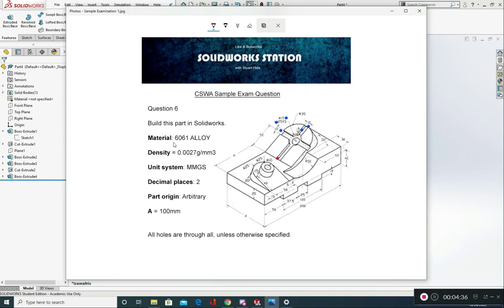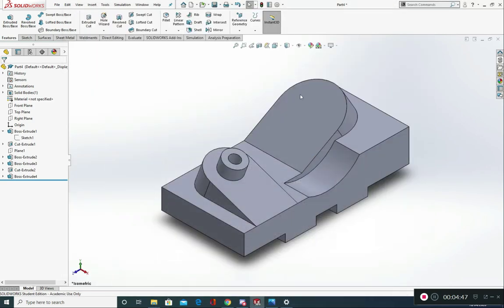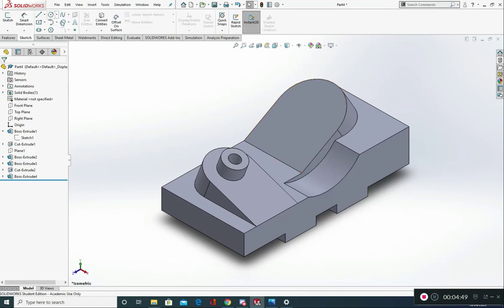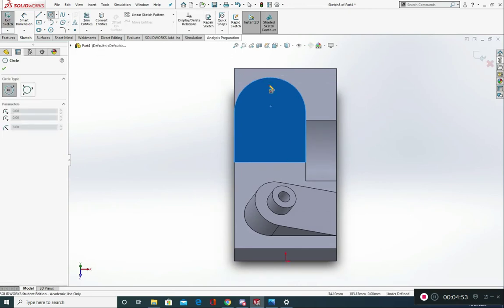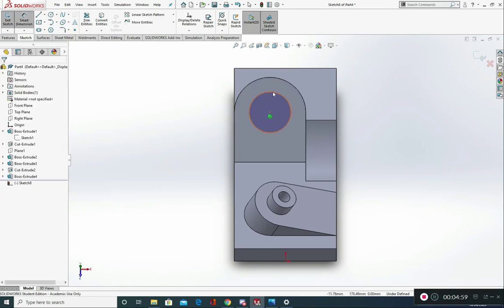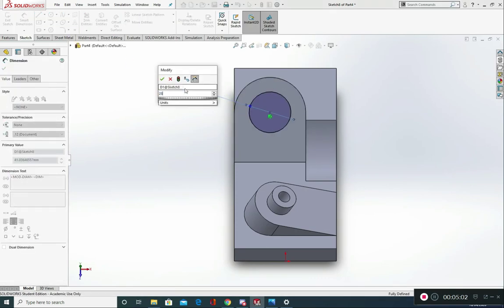I'm also going to highlight this bit here where it says material 6061 alloy, as we are yet to apply that material. So let's go into SolidWorks and put these channels in. The first thing I'm going to start off with is by sketching on this face, normal to, and circle. I'm going to hover over this arc, pick up this center point and just draw in there my 25mm diameter